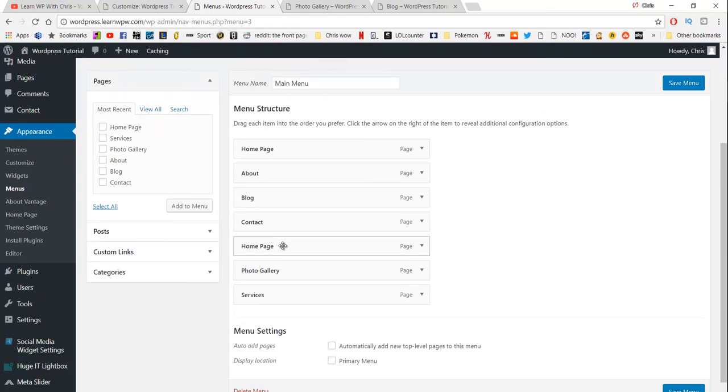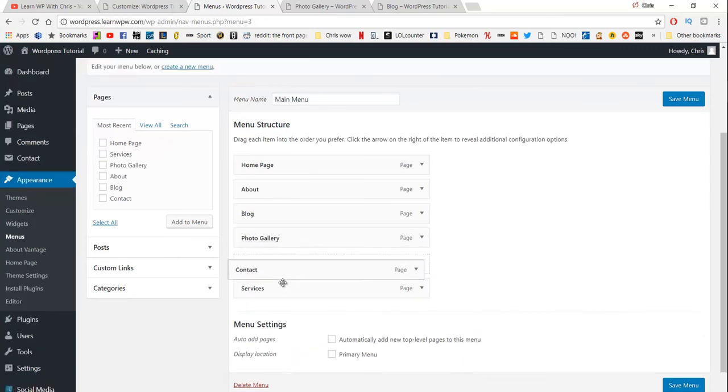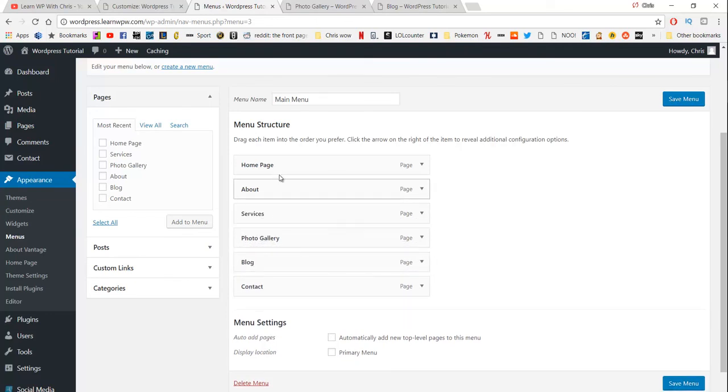So we would like to get rid of that, so we just throw that out, remove, and I would like my contact page to be at the bottom, my photo gallery just above it, well actually a blog just above it, photo gallery, services, about, home page. That's exactly the order I want it to be in. And I also want this to be my primary menu, and here where it says automatically add new top level pages, that means if you add a new page, it will automatically be added to that menu. I just like to keep mine unchecked for the time being. So if I hit save menu